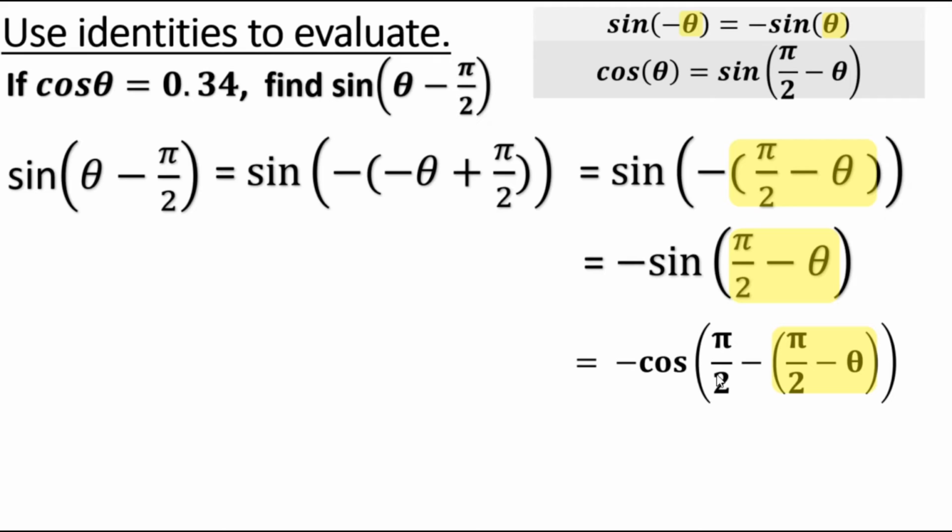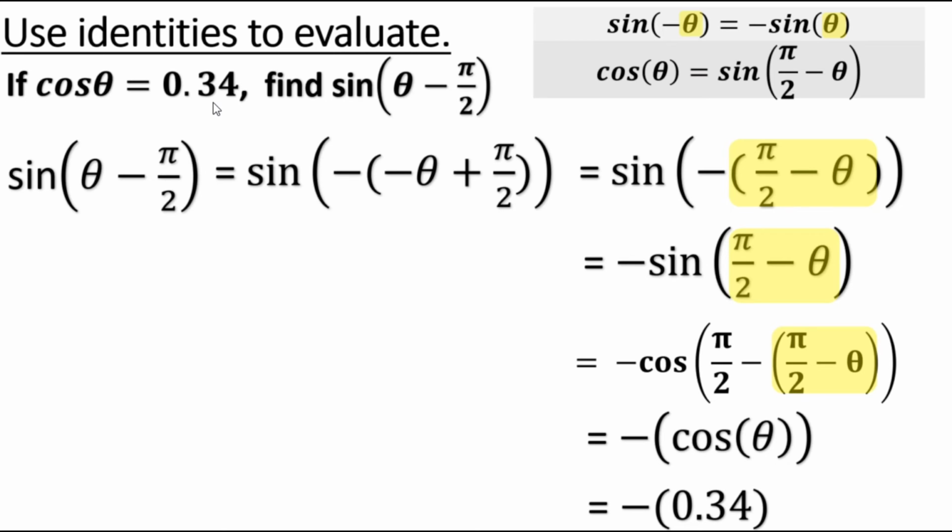So notice pi over 2 minus this angle here. Just to put numbers in context one more time, if that was 30 degrees, then this would be saying 90 degrees minus 30 degrees, giving us the complementary angle in there. Okay, let's simplify what's inside parentheses. Distribute the negative. We have minus pi over 2 plus theta. So if we combine like terms, all we have there is the cosine of theta. The negative is still out front. And yay, cosine of theta, we were given the answer to cosine of theta. That was 0.34. So replacing cosine theta with 0.34, and then negative 1 times 0.34 is negative